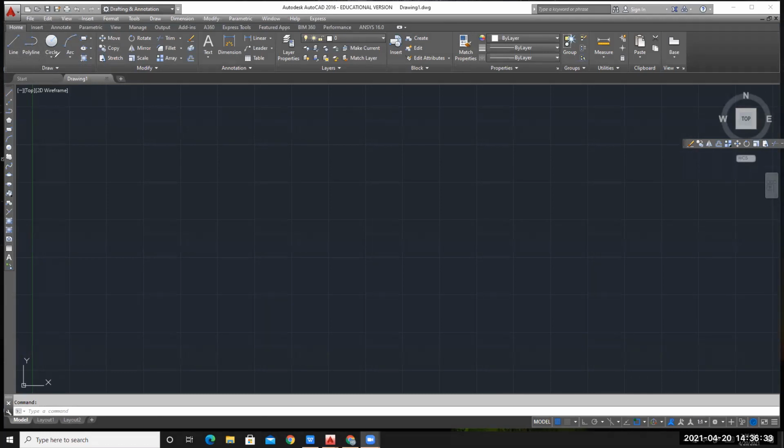The first one is your draw commands. I'm highlighting it. You can see it on the screen. And the second one is your modify commands. In draw commands, you will see the line command. In line also, you have one variant, polyline. We will see one by one what those are.